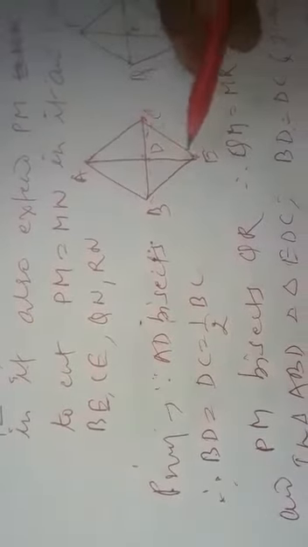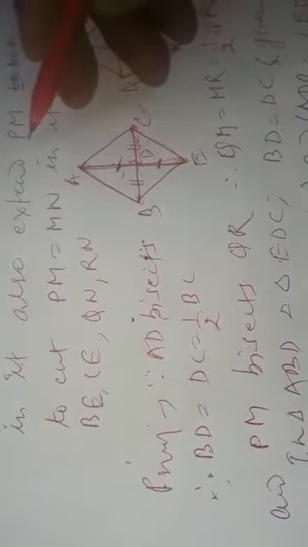Now we will take into consideration triangle ABD and triangle DCE. In triangle ABD and triangle DEC, what do we see? That AD was equal to DE. It is by construction. We have taken in construction that AD and DE are equal. We are taking into consideration these two triangles, triangle ADB and triangle EDC. We see that this side is equal to this side by construction, that AD is equal to DE, and BD was equal to DC. It was given to us.